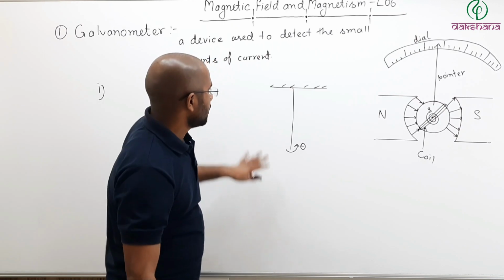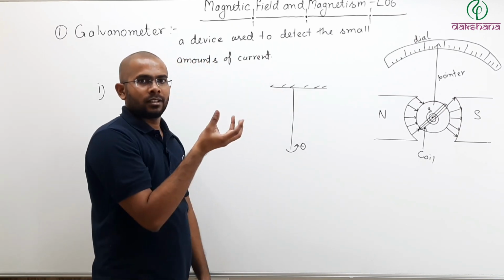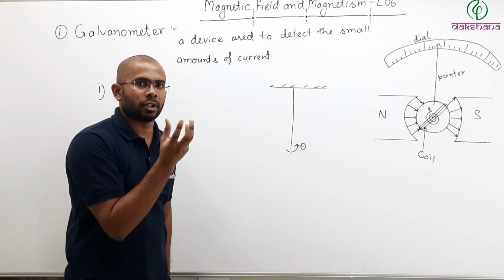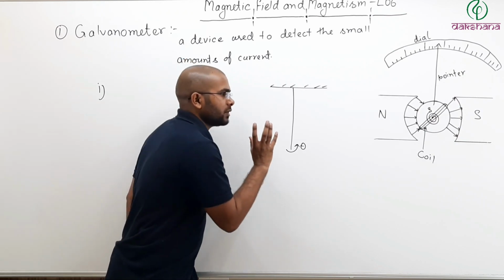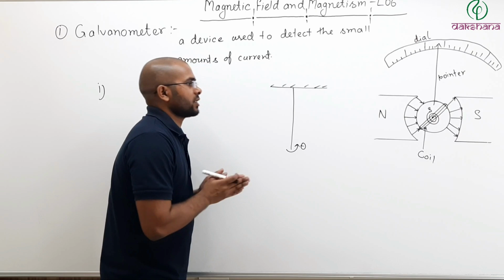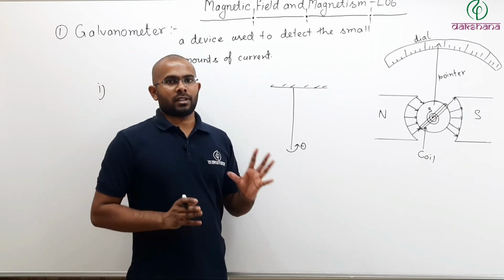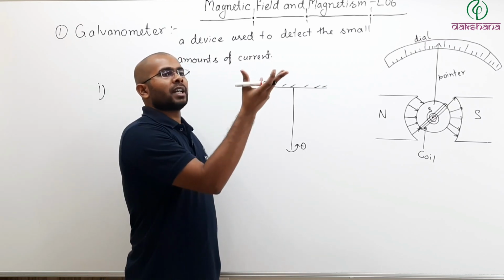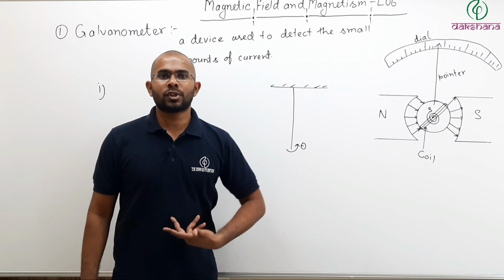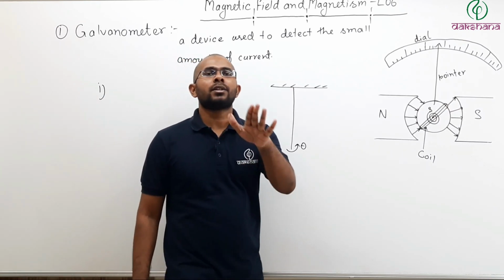So here what we will say, because the wire is twisted, because of the twist there is a torsional torque applied. Because of the twist, the wire tries to what? You are twisting the wire and the wire will try to come back to its original position. So the wire will try to cancel the torque applied by you.